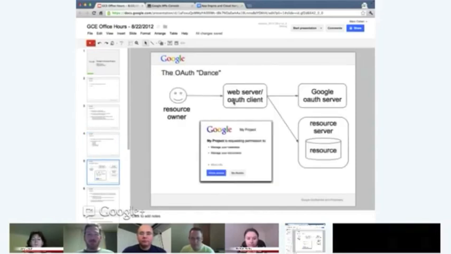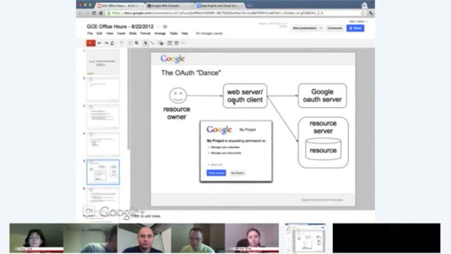This is what we affectionately refer to as the OAuth dance, and hopefully everybody has lived this experience, but this tries to schematically summarize what's going on when you're actually using OAuth. So you're the happy resource owner, and you're happy because you don't have to tell anybody your password. You're interacting with a web server, which at the same time is an OAuth client. And through the details of the protocol, and I don't have time to go through step by step the different legs of the protocol, but through the interactions between the web server and the OAuth server, you effectively